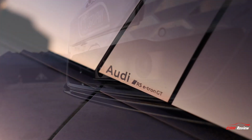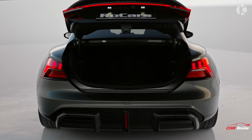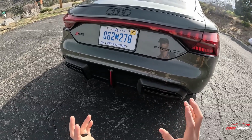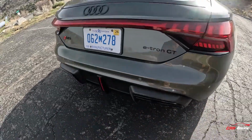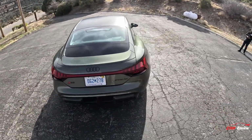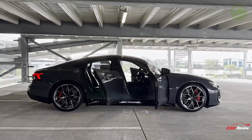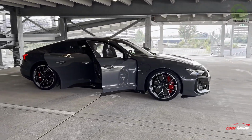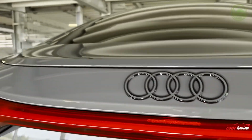That's not unique to Audis, or Audi electric vehicles, but rather electric vehicles in general at the moment. Why is that? Not going to get into it now, but I'll give you an example of what I'm talking about. Go to the website, enter the reg number and the mileage, which in this case is about 6,000, and you'll see what the car is worth. I won't tell you because the value might change by the time you've actually watched this video. But what I will say is that you will lose a lot of cash if you're buying one of these